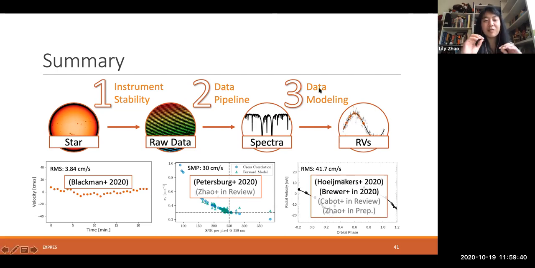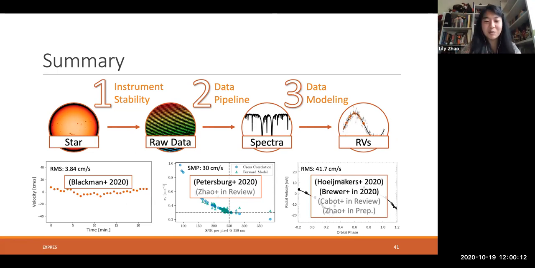But now that we've made the instrument noise and the noise from the extraction a lot smaller, what happens is that the noise from the star itself, those photospheric velocities, become our largest error term. And with that perspective, they become much clearer and much easier to sort out. Deborah loves this metaphor of when you're nailing down terms of your error propagation. She likes to think of them as actual nails. And so we've nailed the instrument one down, we've nailed the data pipeline one down, and now the stellar one is sticking right up.